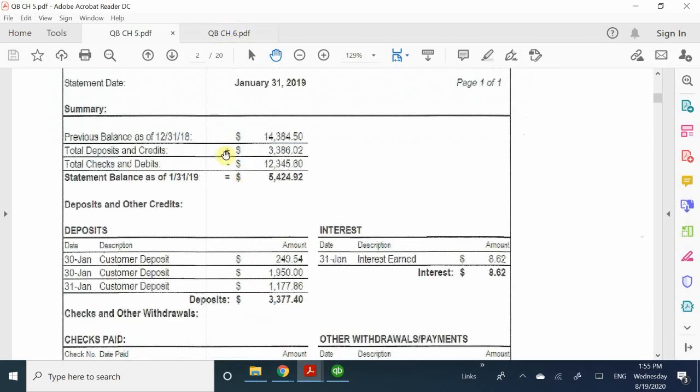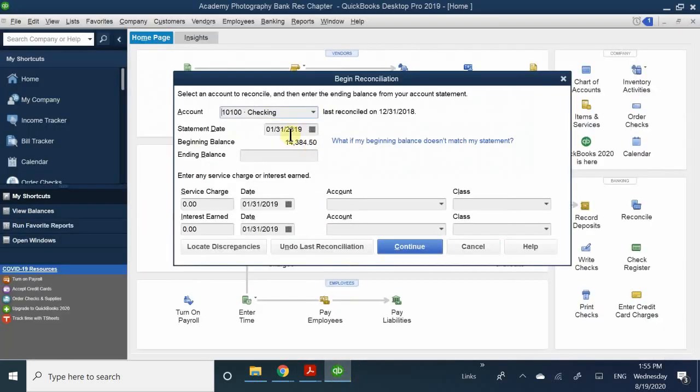So does my beginning bank account balance match what I have in QuickBooks? Do I have $13,384.50? Yes. So yes, our beginning balances match, and this is very important that they match because that means your previous